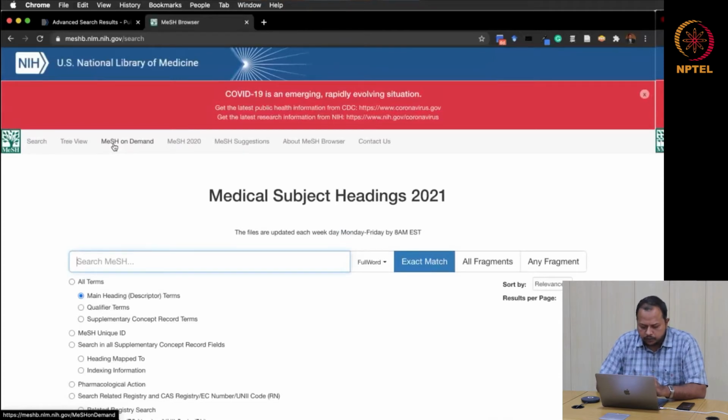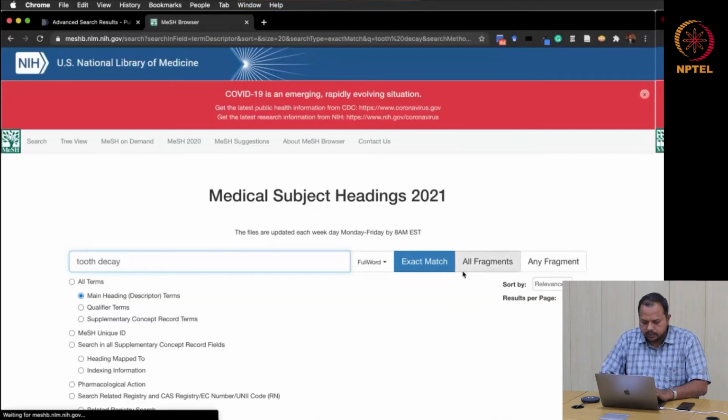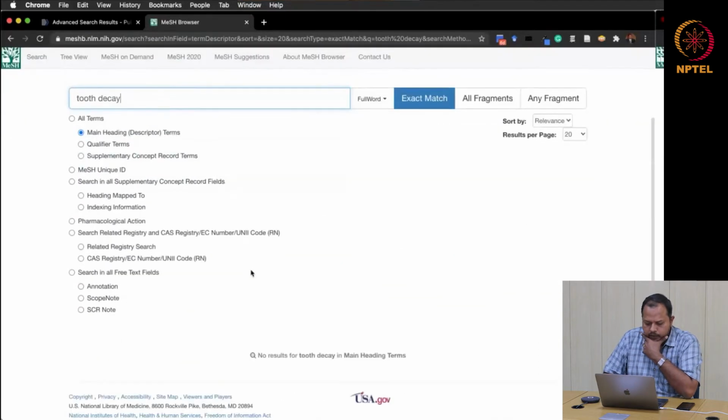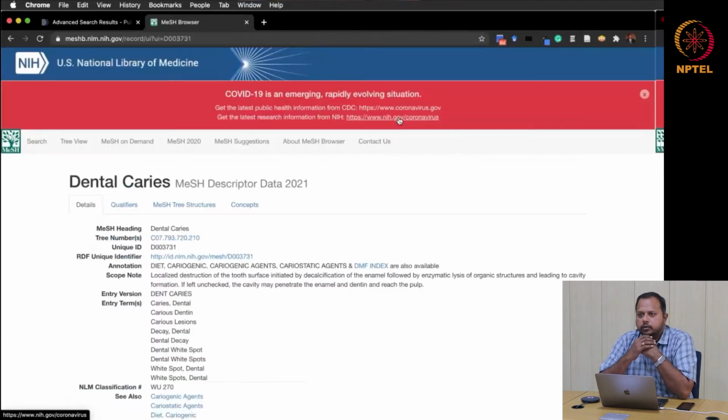Let me type, for example, tooth decay, and press enter. There is no MeSH term called tooth decay. Then I type dental decay. Does it throw some terms? It does.